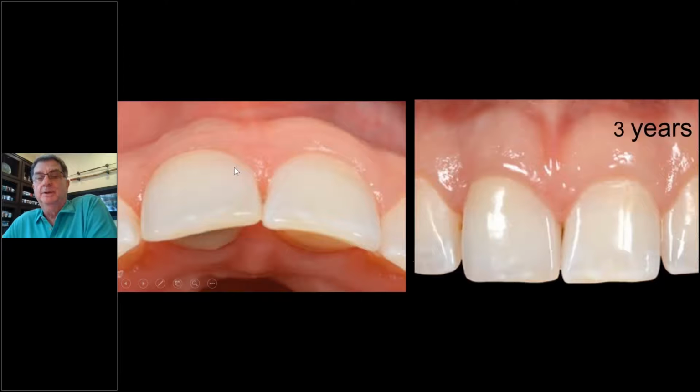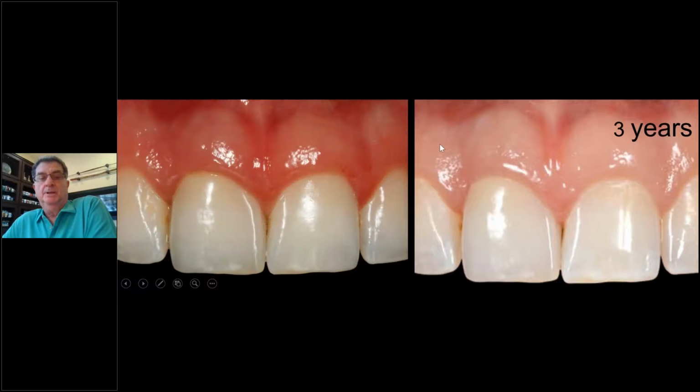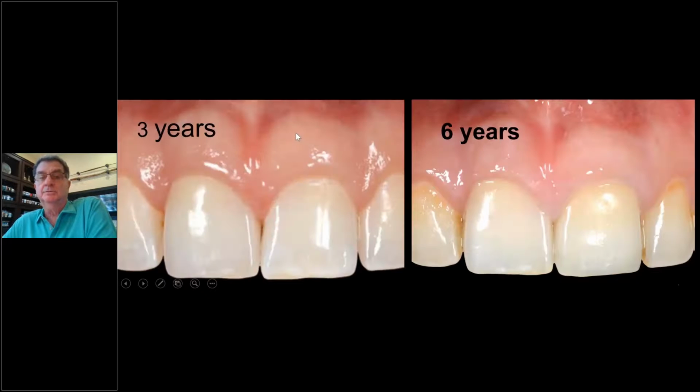Now, how does this hold up? Here's 3 years later. You see it's there. And this is what it looked like the day of placement. So it's different color from different camera, but this is the day of placement. Oh, it has gone up a hair, but here you see that we have everything intact. So it did kind of hold up, but we don't want that BioHorizons in the supracrestal part of the socket. We want something that the bone can resorb if the body wants to get rid of it, but it can't get rid of the xenograft. And here it is 6 years later. So it can be done, it can be healthy, and here it is 6 years later. So you can see the time does hold up well when you do everything correct.